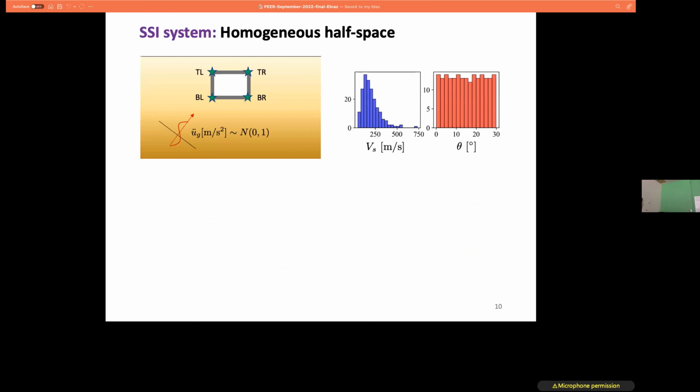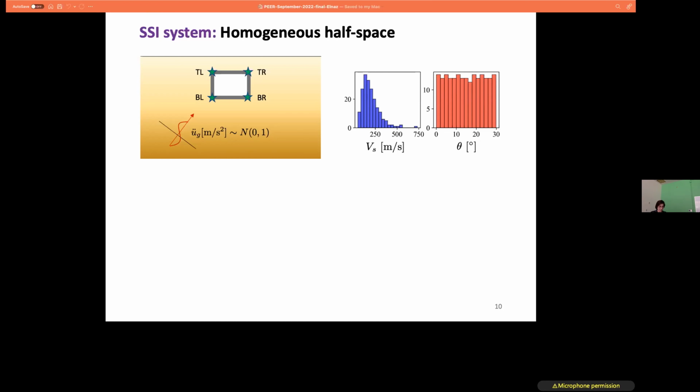And then I also wanted to have uncertainty in the time series itself. So again, I'm going to generate my database for training using white noise excitation and see how I can use it to predict under airspeed. So this is the setup I have. What are my quantities of interest? For now, we assume that we're interested to compute the displacement response at these 4 corners. Of course, we can add other quantities to the output layer as well.